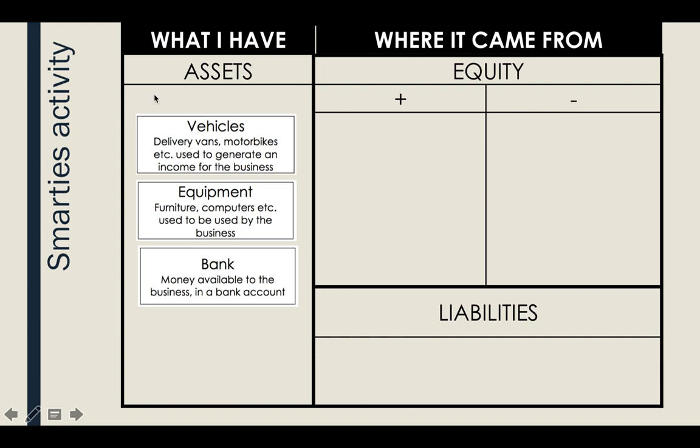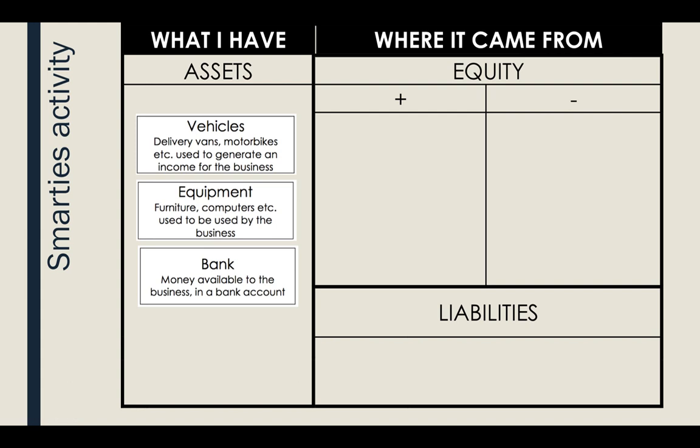Your assets would include things like your vehicles, your equipment, your bank. All of these are things that belong to you. So your vehicle, your delivery van, for example, you will use to generate an income by delivering your goods to your customers or offering a courier service, perhaps. Similarly, your equipment and your bank account are also going to be very important in order to generate your income